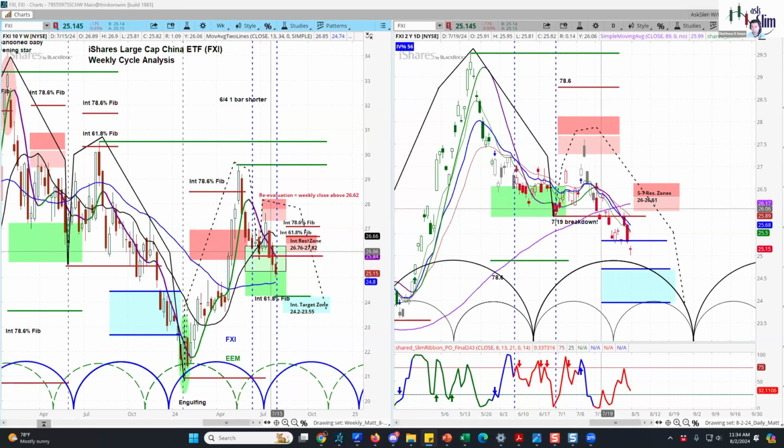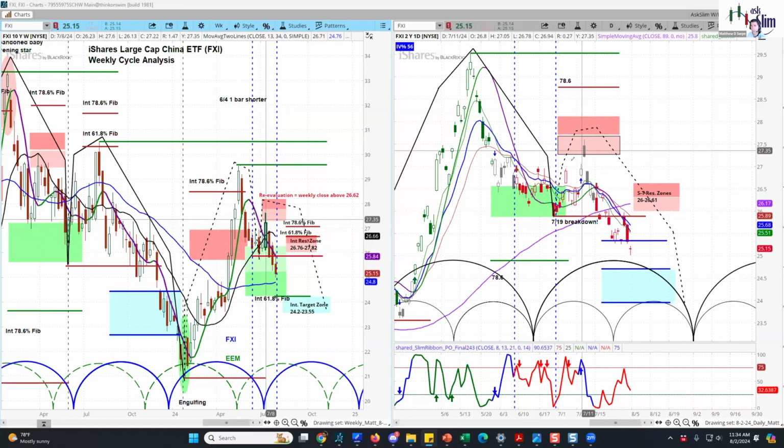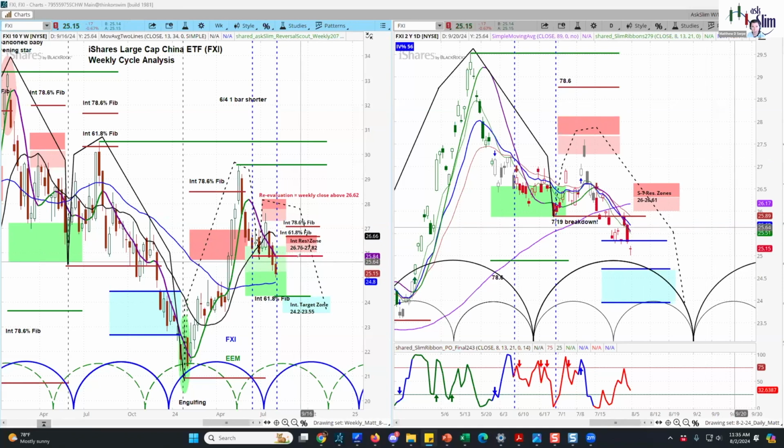If we move over to the daily chart to zoom in on the price action a little closer, you can see here that we had a rally attempt in the rising phase of the daily cycle, and then as we peaked, we have now taken out the cycle low support. So we've had a breakdown on the daily chart, which coincided with the breakdown on the weekly chart. Both of these patterns now are overall negative. We have momentum that is negative in both time frames as well. So the patterns and the momentum suggest that rallies are likely to struggle and the risks are to the downside,